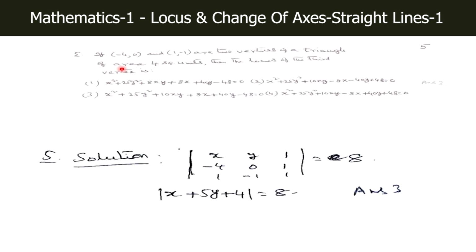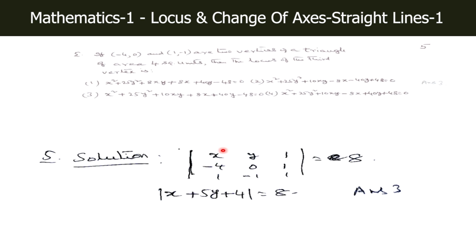If (minus 4, 0) and (1, minus 1) are 2 vertices of a triangle of area 4 square units, then the locus of the third vertex is so and so, as given in the options. Now you know that the area of the triangle, where (x1, y1), (x2, y2), (x3, y3) are the vertices of a triangle, is always